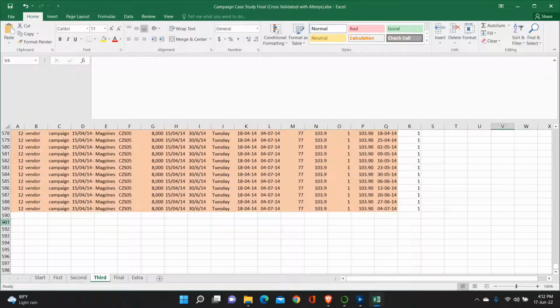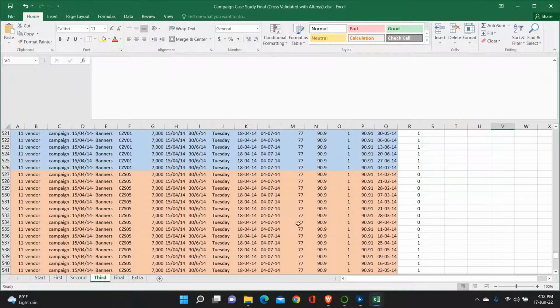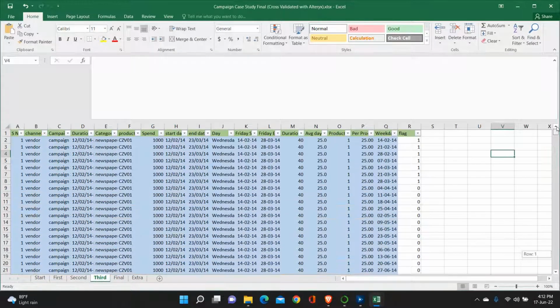Okay, so we have 589, 588. Basically we have 588 values. Okay, so these are all the values, and most of these values we don't want. Okay, and if you multiply 21 into 12 and after that you multiply